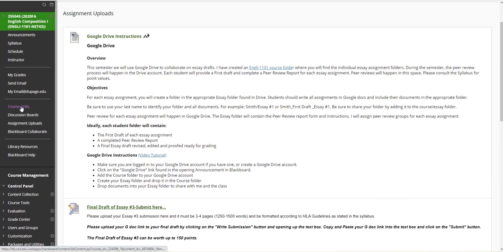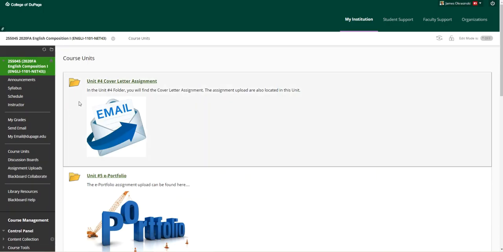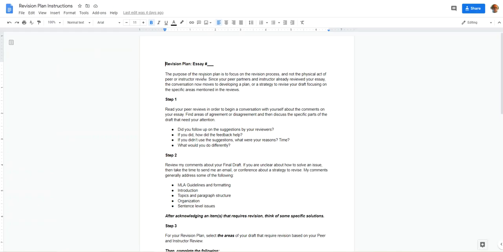In the course unit, let's get to the revision plan instructions. In the essay 4 folder, in our Drive folder, I do have a copy of the revision plan instructions. You might want to label yours, just so you can keep track of your information. The purpose of the revision plan is to focus on the revision process and not the physical